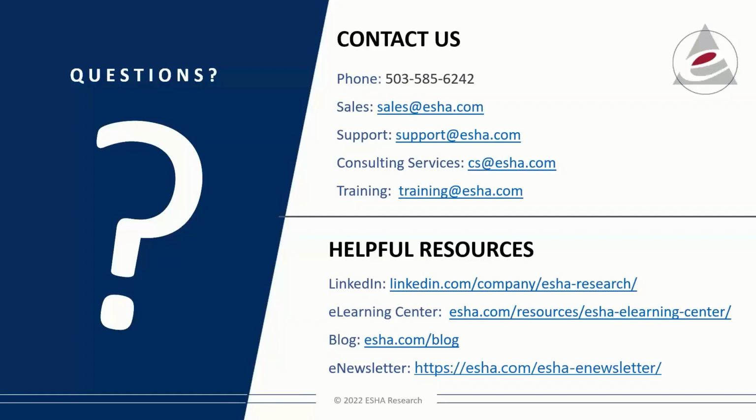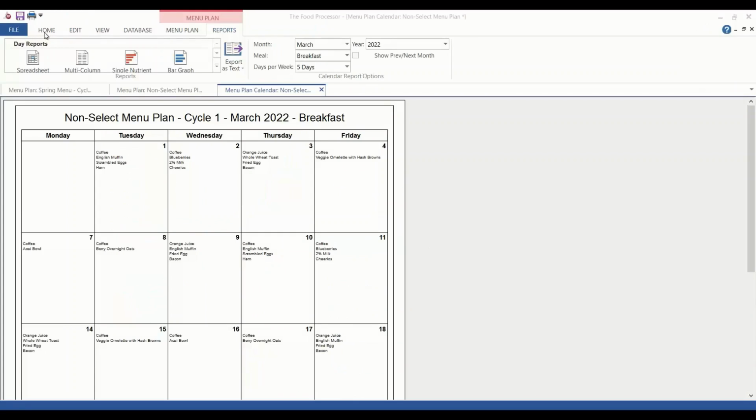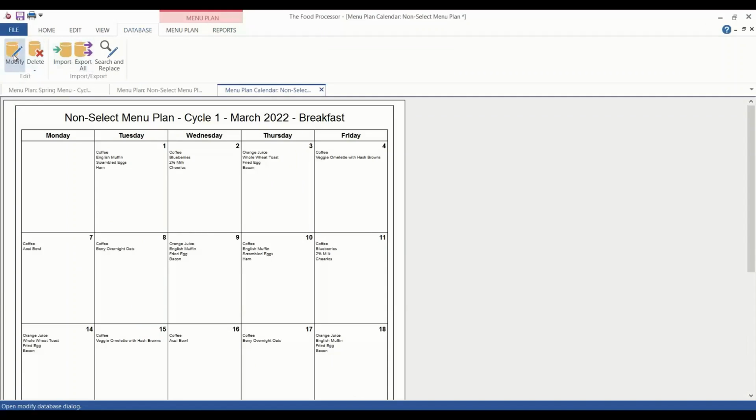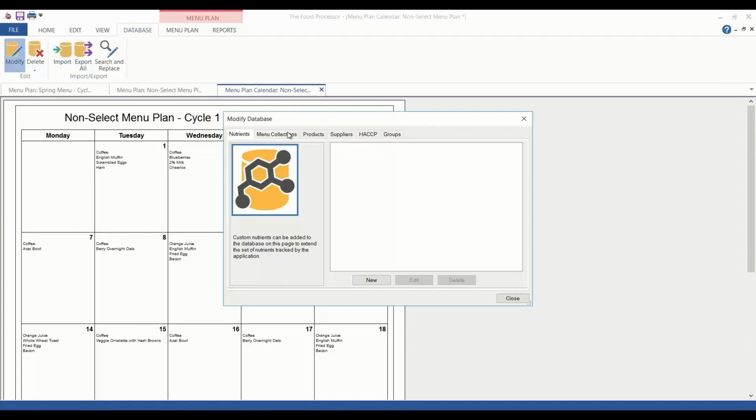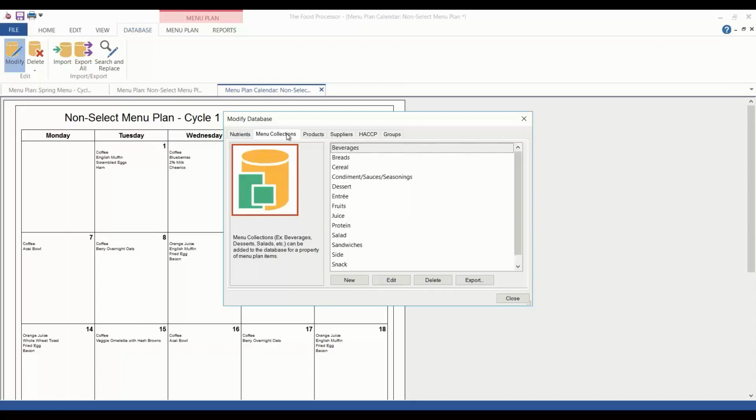We just have a few to cover. But Katie, the first question is kind of a combination. How can I create my own groups and collections? Can you show us how to do that? Yes. You can create your own groups and collections by going to this database tab, modify, and menu collections is